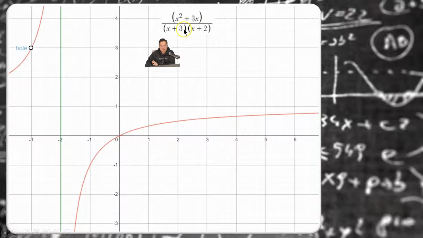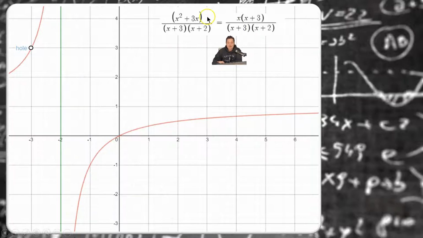So I observed that in the bottom, x plus 3 and x plus 2 are already in factored form, but x squared plus 3x is not in factored form. For that reason, I have to factor. I do that by, in the numerator, taking x out. Because I have x squared, that comes out as x by itself, and because I have 3x, I pull the x out, so it becomes just x on the outside. So I end up with x multiplying x plus 3, and then in the bottom I have x plus 3